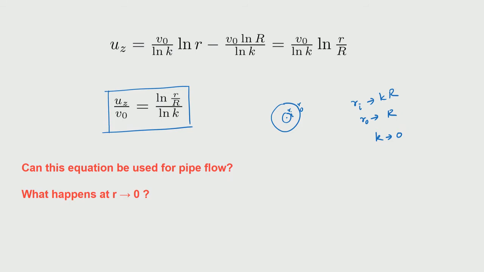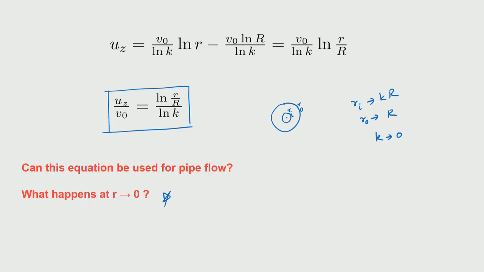So evidently not, because we kept the logarithmic term with us when we did this integration, and in the process the solution now has a logarithm. So when you want to reduce the domain, then at the axis you have a problem. So one should not blindly use this in such a situation. Okay, so that is what I wanted to alert, saying that when we use a boundary condition while arriving at the equation, then anything that violates that particular condition should be watched out for. So the boundary condition in this case is that at r tends to 0 there is no problem, but when you extend the domain, then there will be a problem if you apply it for a cylindrical pipe flow case. So we should not use it.